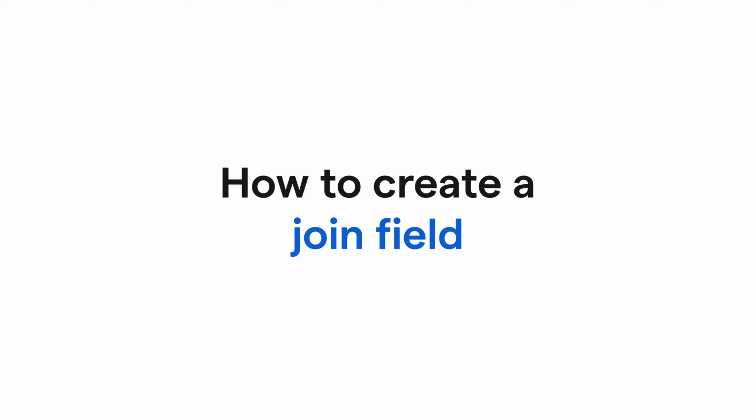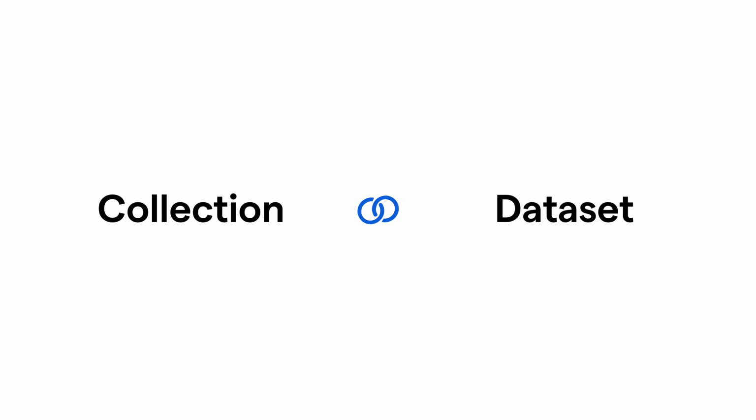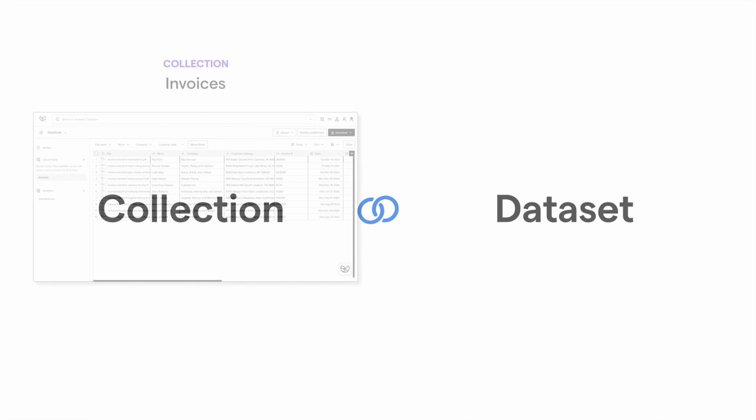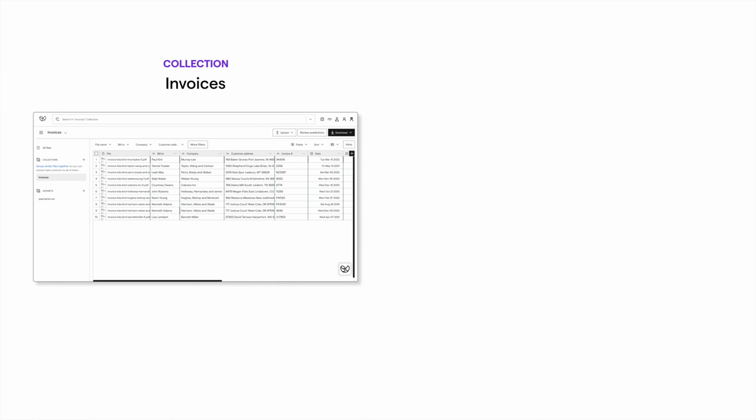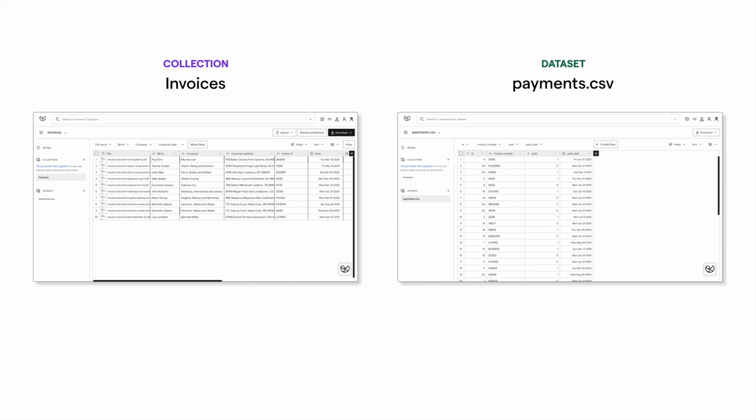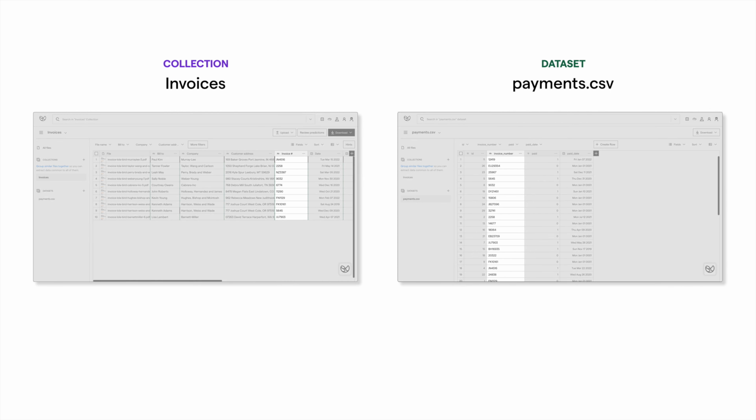Here's how to create a join field. In this particular example, I'll be connecting a collection and a dataset. Remember that this process works for any combination of collections, datasets, or views. This collection contains extracted fields from invoices, and this dataset contains payment data about those same invoices. Both the collection and the dataset have a field that contains invoice number values, so we'll use this common field